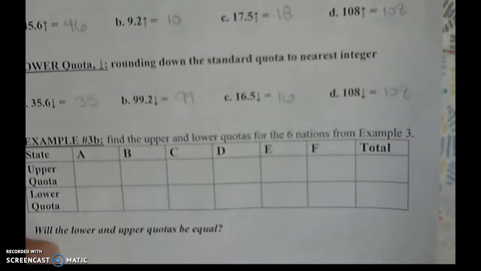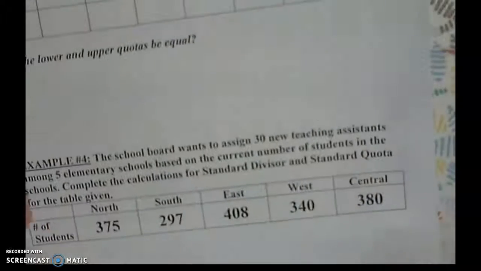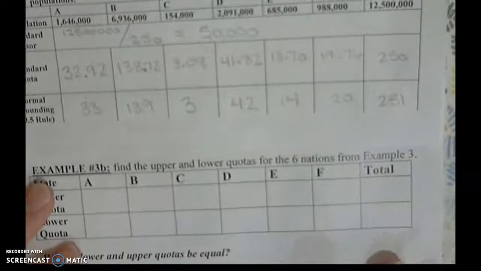All right. So now what they want us to do is go back to the example that we just did with our 6 countries or nations, and do the